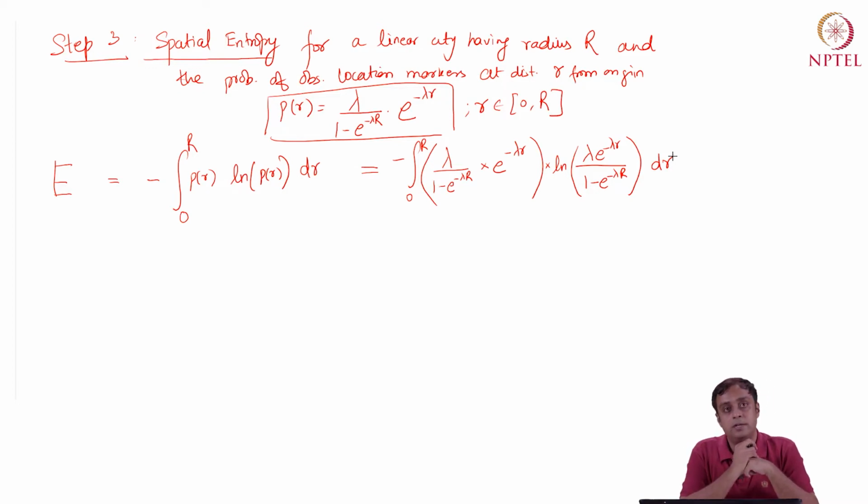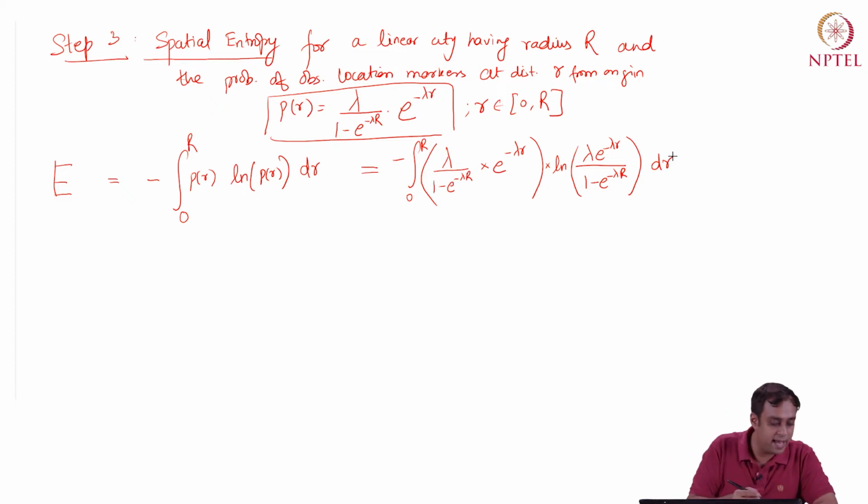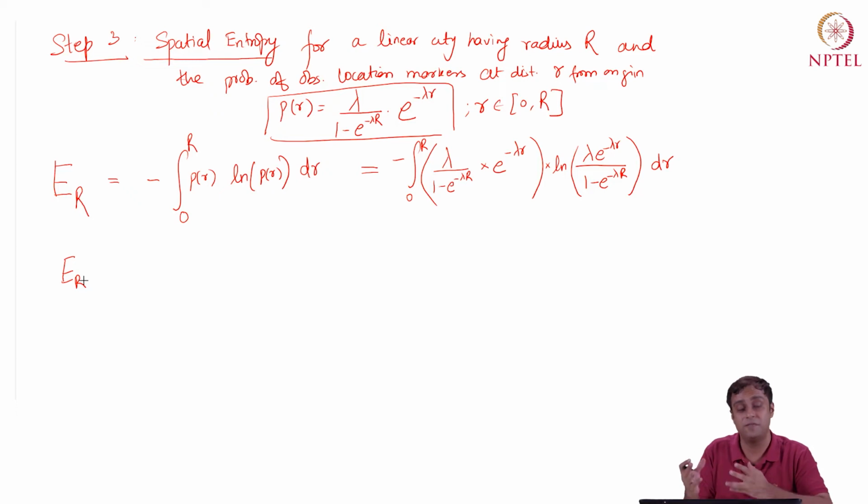Okay. So now what is this entropy a function of? So first of all, it again depends on lambda, but lambda is the rate of occurrence. It's a distribution parameter. But the other more critical thing that it depends on is the size of the city, the maximum radius that we provide for studying this city. So we say this entropy, being a function of R, we call it E(R). Okay, and we can show this E(R). It has a little bit of a complicated mathematical formulation, but it has a very interesting physical formulation. So that is something that we'll see now.